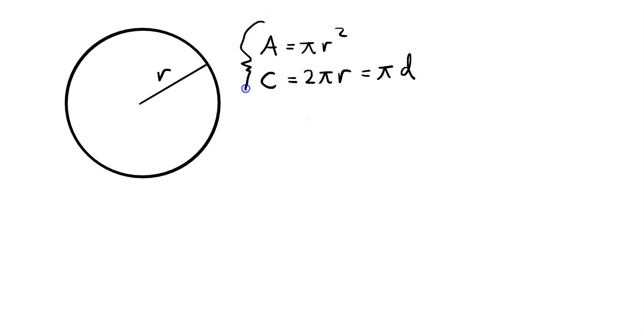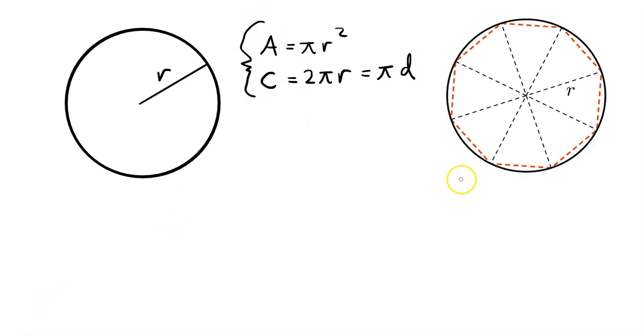So this holds for a circle. So how can we come to these two formulas? We can, for example, use this. Let's draw a regular polygon inside the circle like this. All these sides are equal, have the same distance, so you have the same size. All the triangles here are identical.